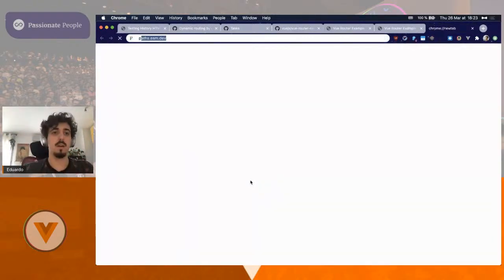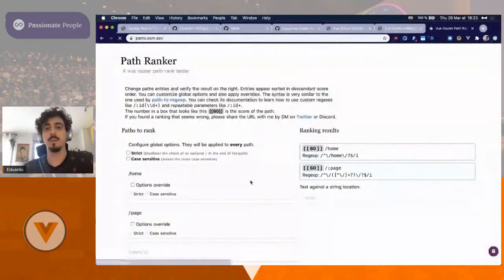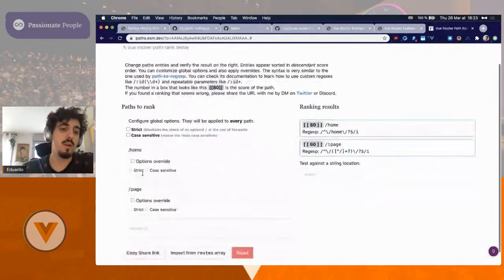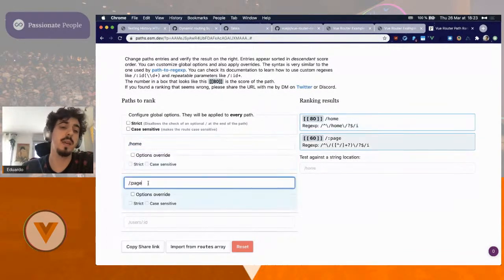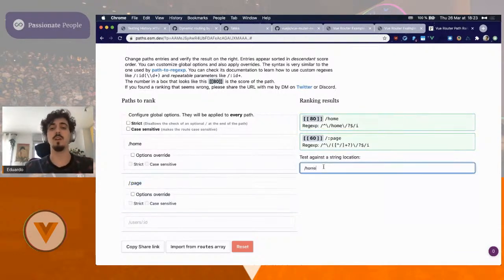So a very simple example is, if you have two routes, one that is /home and one that is a colon page, this colon page here is a dynamic parameter, which means it can accept anything. So if you go into /home, both routes would match.